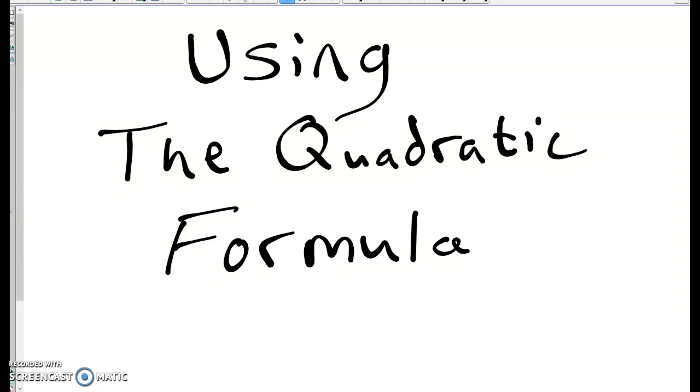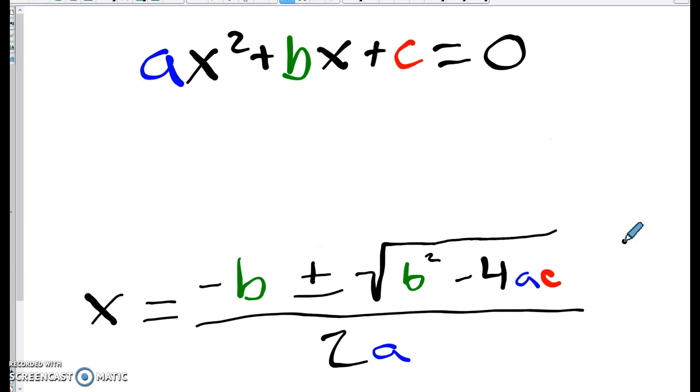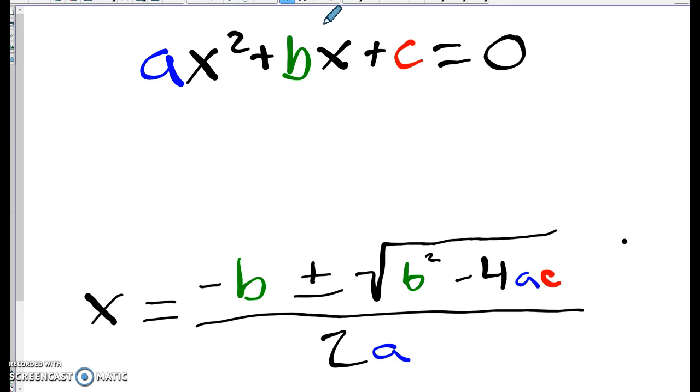All right, next up we're going to look at solving equations using the quadratic formula. What the quadratic formula is, it's a set way of solving this equation up top, a standard form quadratic equation. That is, when we have something in this form up top where it says something times x squared plus something times x plus just a number by itself, plus c equals 0,